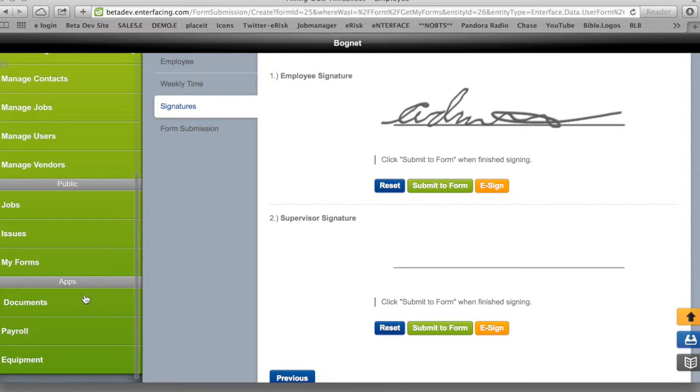So not only are we building the timesheet here, but this is also the same place that they're going to fill out their field purchase requests, their daily reports, anything that we may want to send in from the field. We can do that all from this one central system. So now I'm going to jump back into the payroll system,